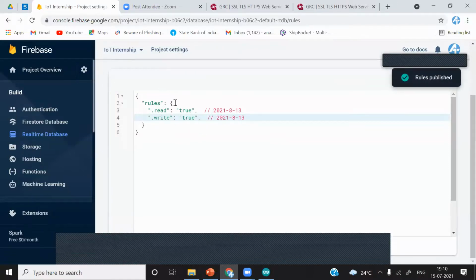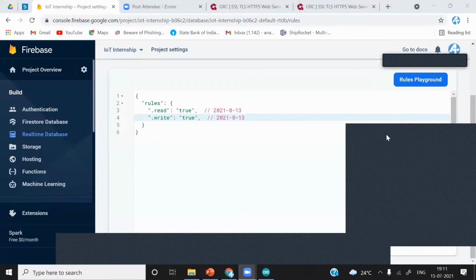And even if you are not able to send and fetch the data, there must be some problem with the bucket. There is one option in MIT App Inventor. When you click on the Firebase experimental component, there is one option called bucket. You have to make sure that the bucket and the path are correct. So that may be the reason. Okay. In MIT App Inventor, we are going to cover this. Don't worry.